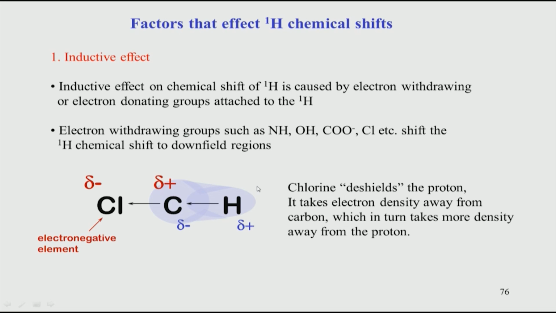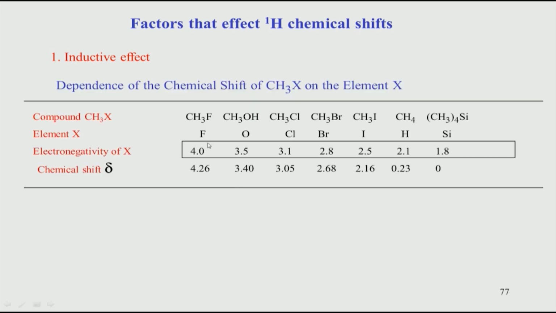So, this is one of the simple ideas of the inductive effect, and it can be further extended to more systems. This is what is shown here for different X atoms. This is a simple CH3X system, where X can be any other heteroatom. It can be an electronegative element such as fluorine, the most electronegative element in the periodic table. So, when you have a CH3F system, the F withdraws electron density from carbon, which in turn withdraws from hydrogen. Therefore, the hydrogen in CH3F comes at a very downfield shifted position, typically around 4.26